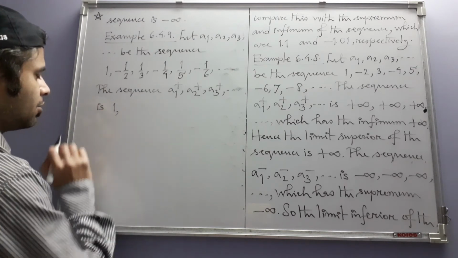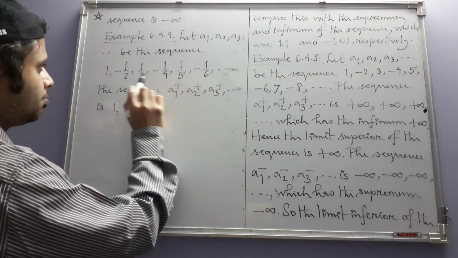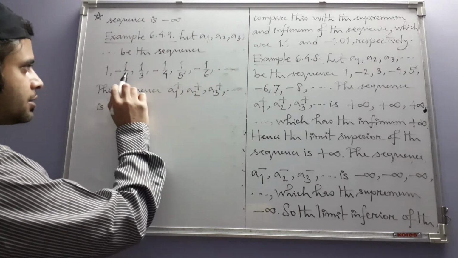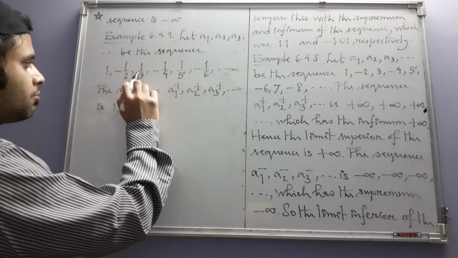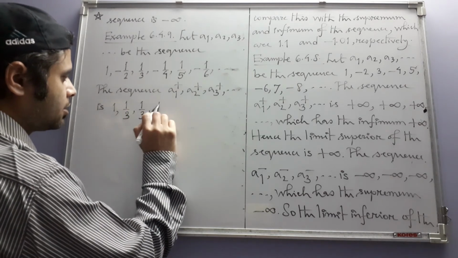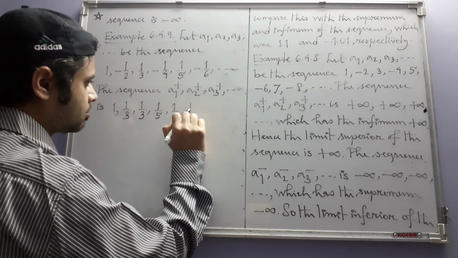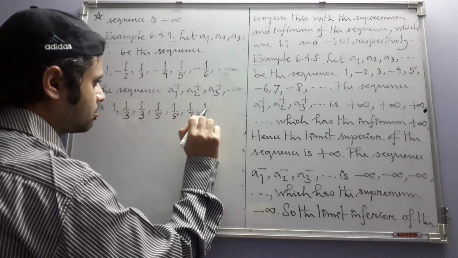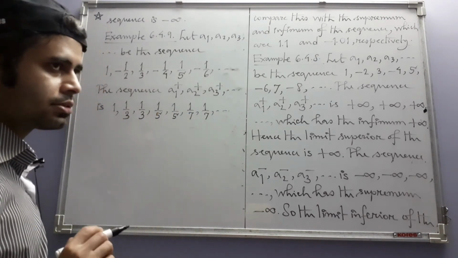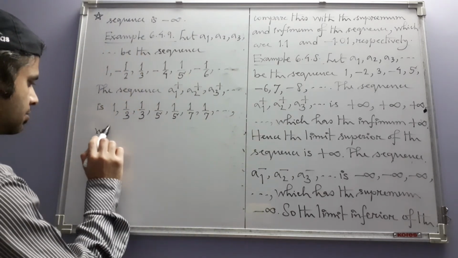So a1 plus is 1. Once you remove that 1, then a2 plus becomes 1 over 3. Then for a3 plus you will remove the first two terms. 1 over 3 is still there, so 1 over 3. And you can see that the other terms will be like this, and so on. So this is the sequence of all the suprema,